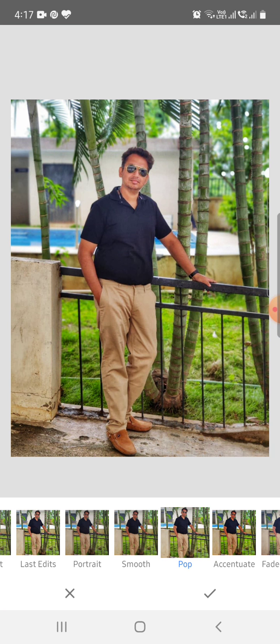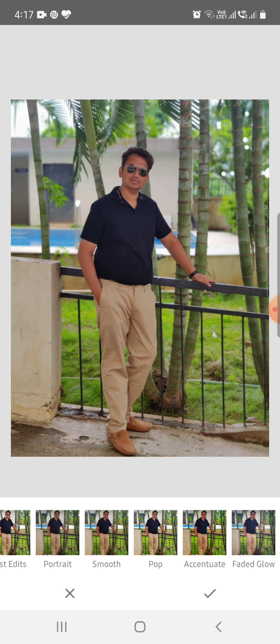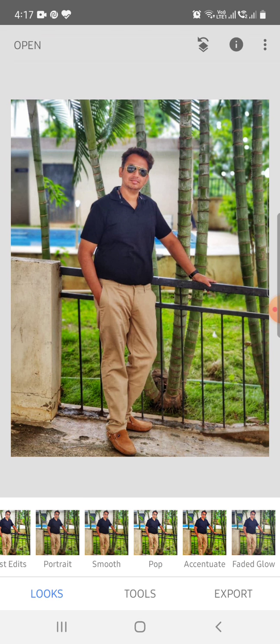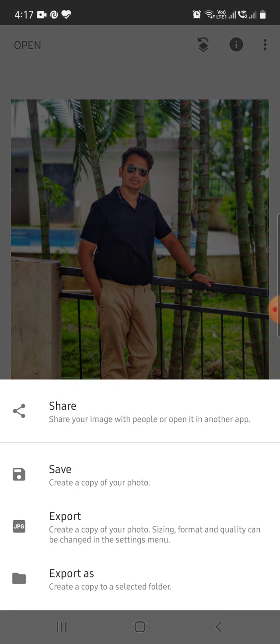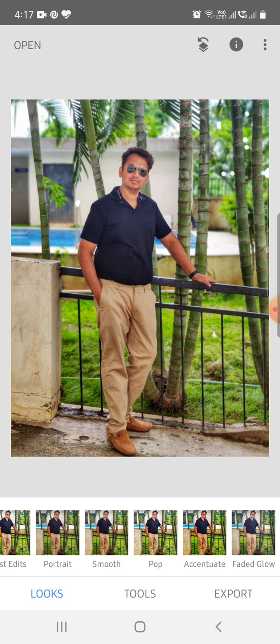As you can observe the change, this is the current image which I have received, whereas this is the popped image in Snapseed. So again I'll say tick mark, click on export and then click on save.